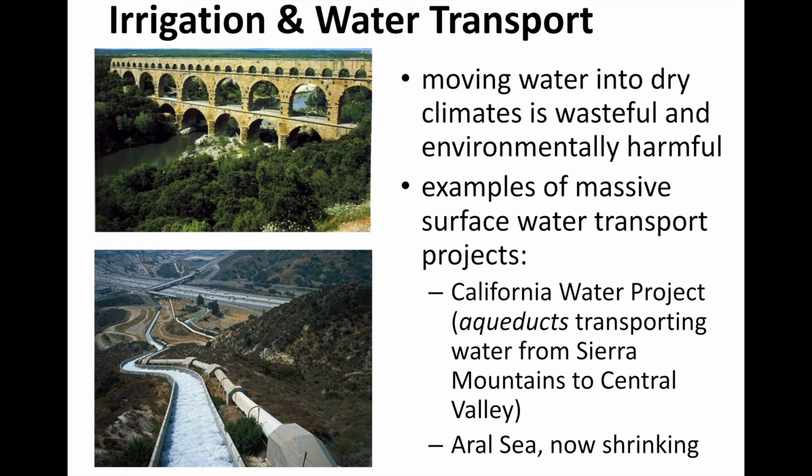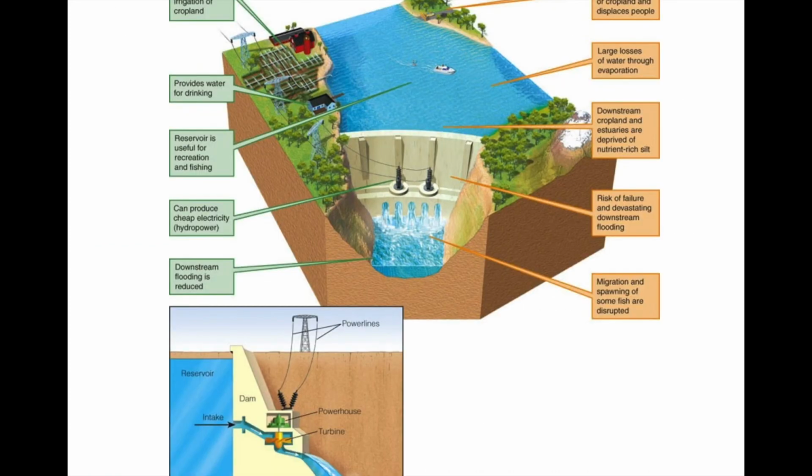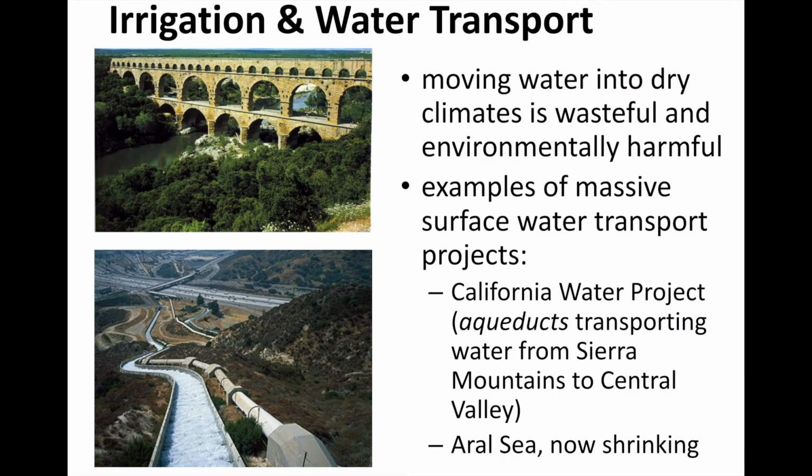In Eastern Europe, the Aral Sea has been subject to a major water transport project as well, and that whole body of water has shrunk significantly to the point where there's not that much water left to transport. So these massive transport and massive diversion projects, whether we're talking about a dam or an aqueduct system,